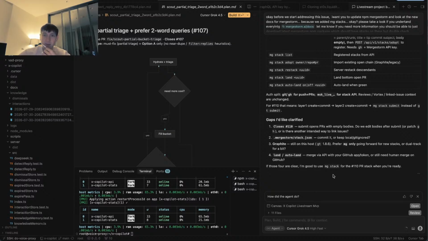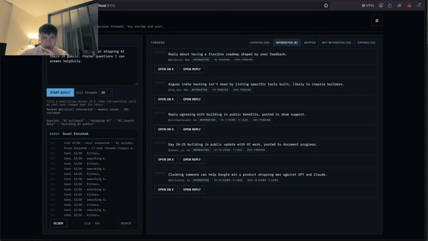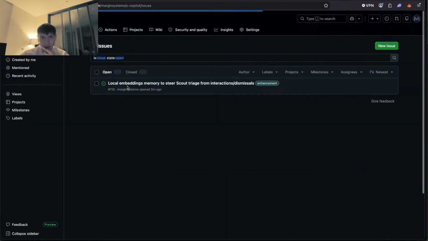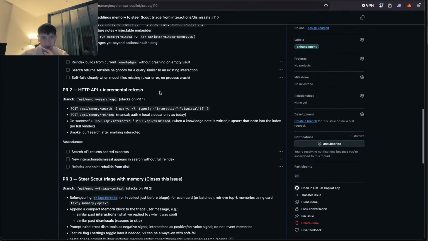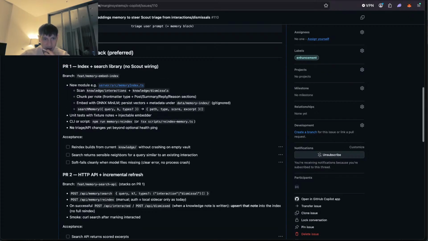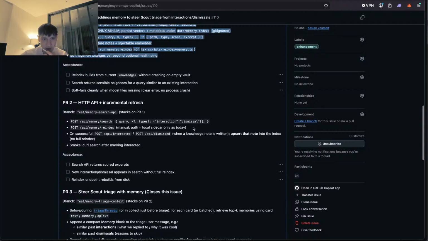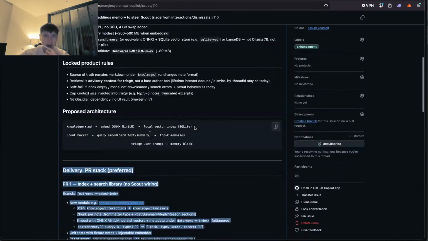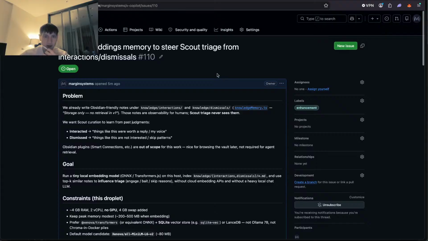I think that's about it for today, guys. It's been about 30-40 minutes today. I know it doesn't seem like we've done much, but we have pushed 2 PRs. Let me see here. If you look at our issues, we do have one more issue here for the local embeddings model. That's what we're working on. This does want a PR stack. So what I'm going to do is polish up the Mergestorm stack, and we're going to push this as an actual stack. And tomorrow, guys, we should have much better actual influence,